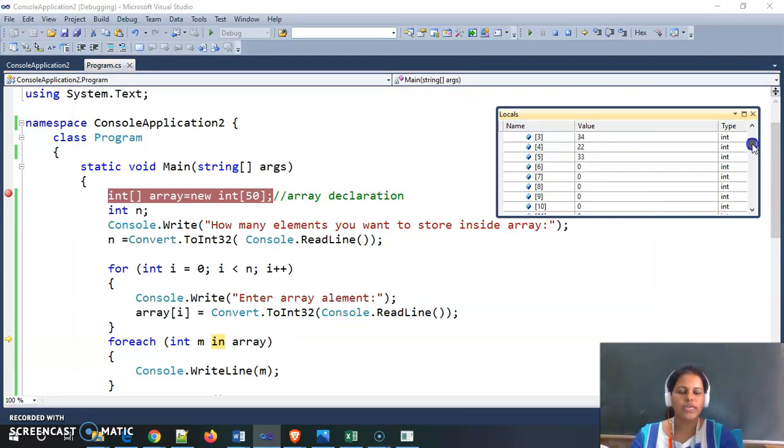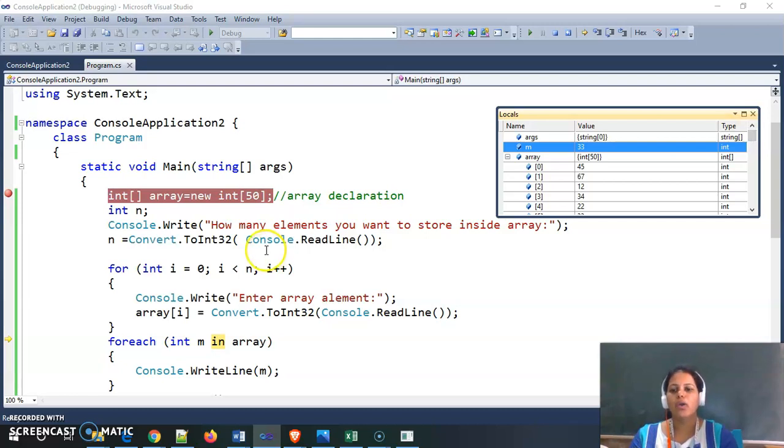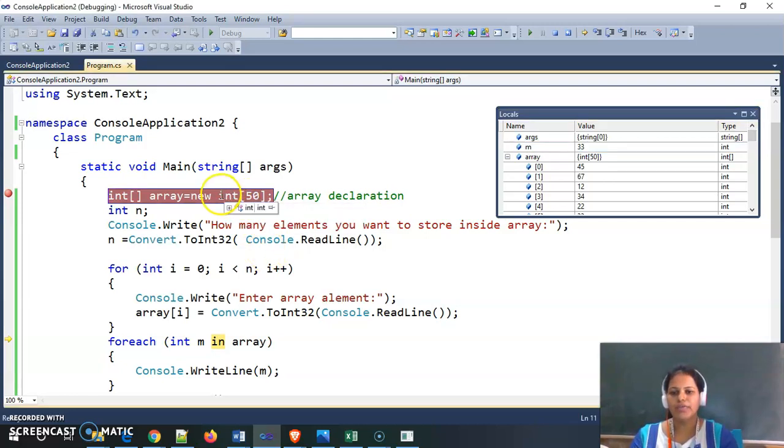I am storing only 6 elements inside this array, and for storing 6 elements I am allocating memory for 50 elements. It means there is a huge memory wastage, because I am allocating memory statically.